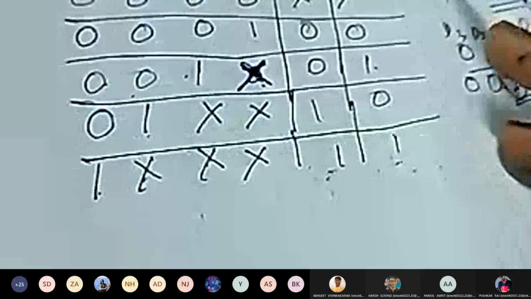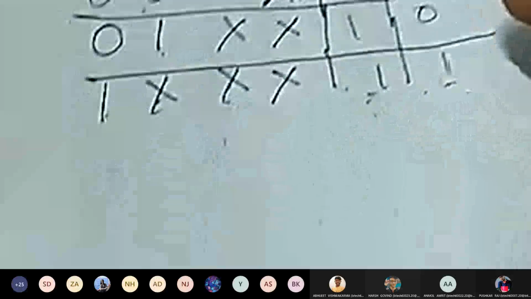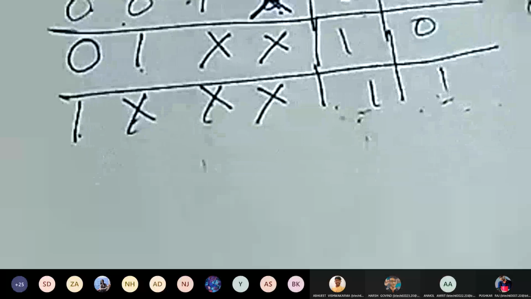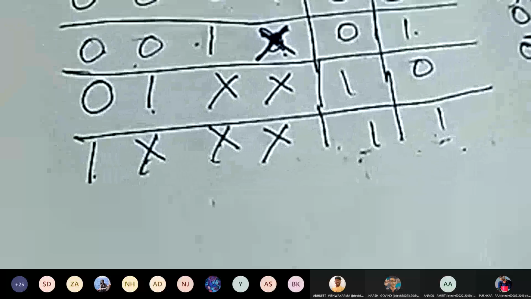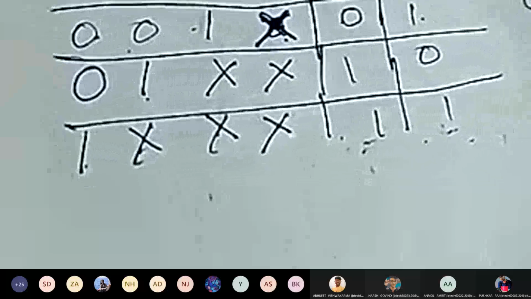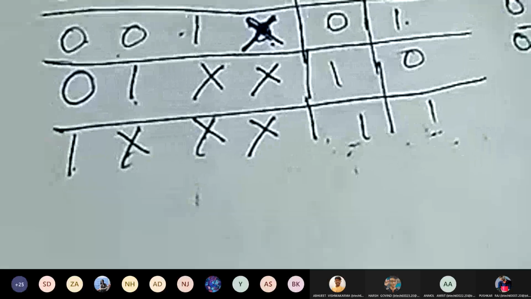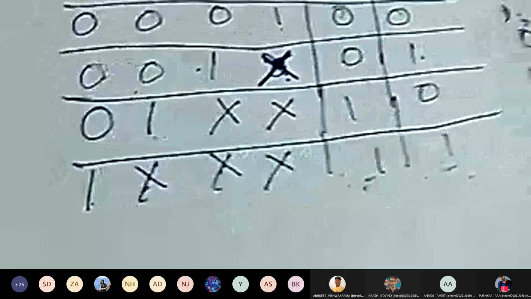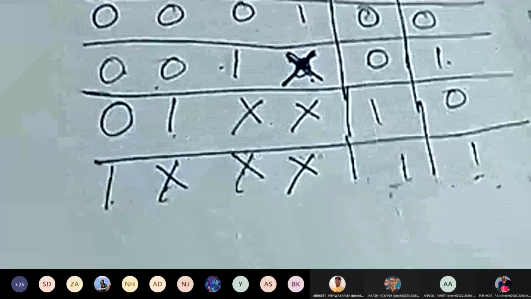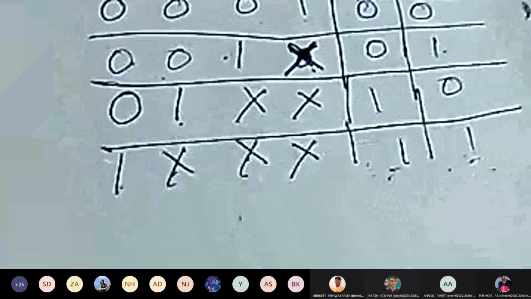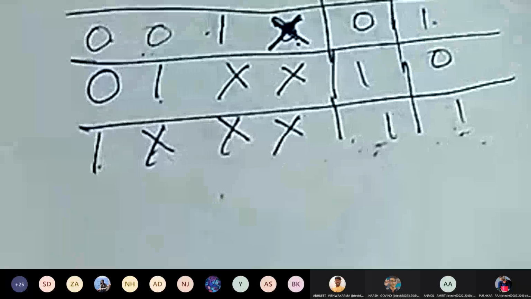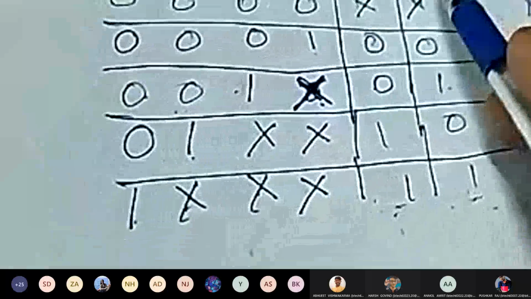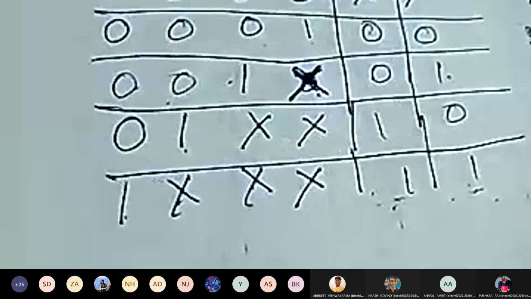So when you get the expression for A and B, you are able to draw the circuit, okay? Like in half adder, the output is sum and carry. So the expression of sum is A XOR B, and the expression of carry out is A dot B. So when you came to know that A XOR B, definitely you can draw the circuit. And when C out is A dot B, you can make the circuit. Just you put an AND gate, and in that you put an XOR gate. So without finding the expression, you cannot realize the circuit.